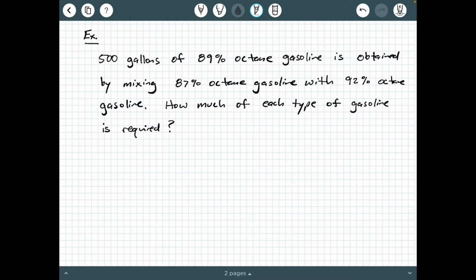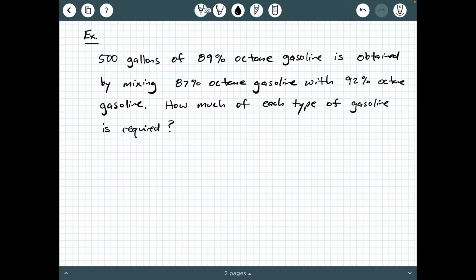So we have two different types of gasoline here. We have one type which is 87% octane content, and the other is 92% octane content. And then the question is, how much of each type of these two gasolines is required to get you this